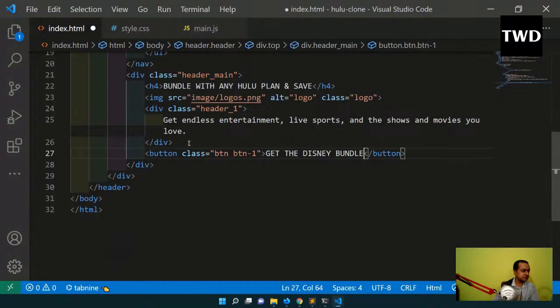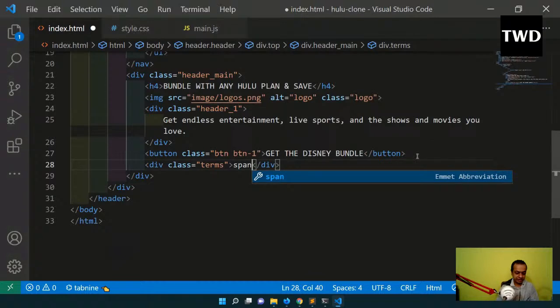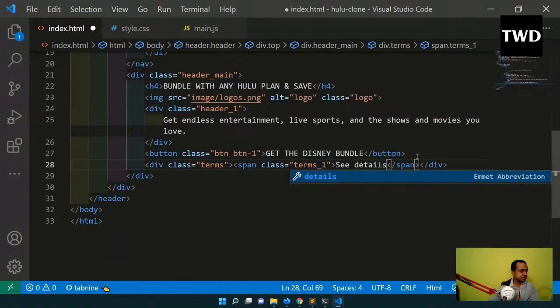Okay, get the Disney bundle, and here dot terms, and inside the terms there will be span dot terms 1, and it will be C details. C details will be there, and after that